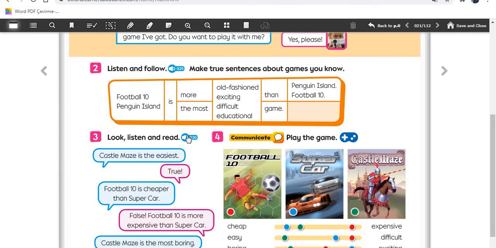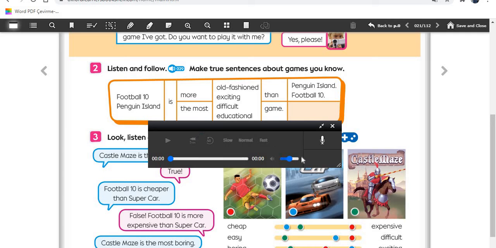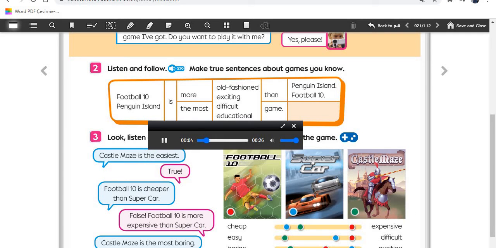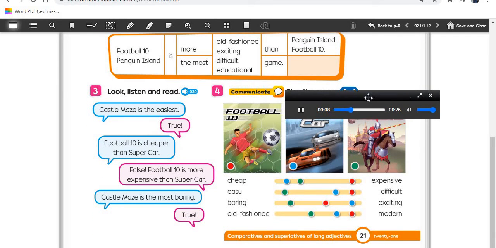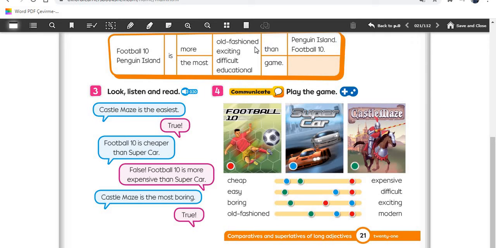look, listen and read. Listening 30. Look, listen and read. Castle Maze is the easiest. True. Football 10 is cheaper than Supercar. False. Football 10 is more expensive than Supercar. Castle Maze is the most boring. True. Okay,